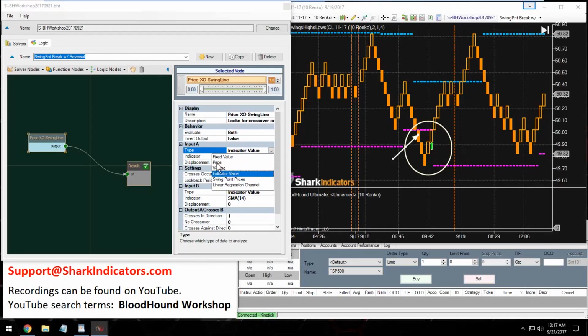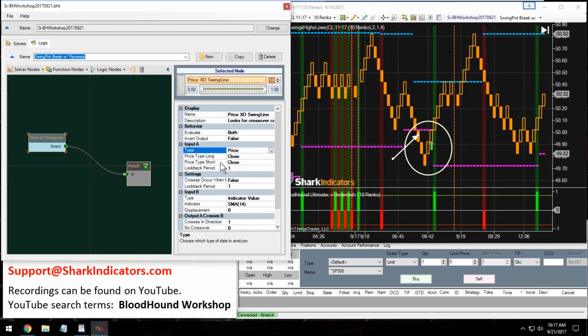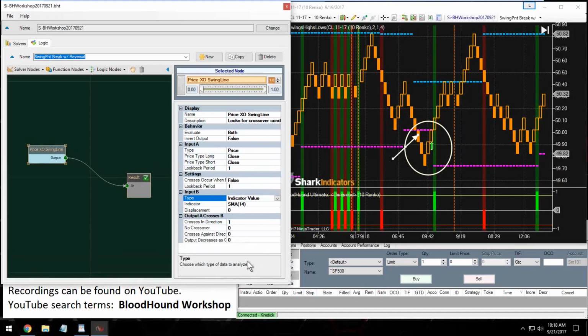So let's change the type here to price. There we go. And we're looking at the closing price of the bar. So we'll just leave this at the default closing price right there. Right? And then input B, that is going to be our indicator, right? That's going to be the swing lines there, or the swing points. So we change this here. So we can change this indicator,